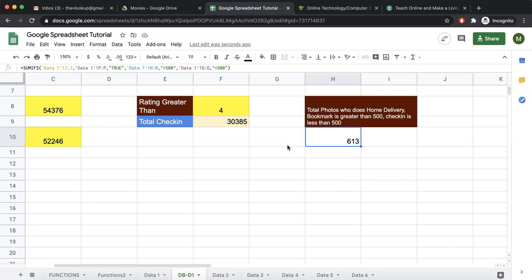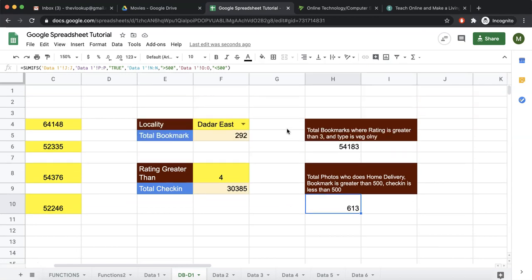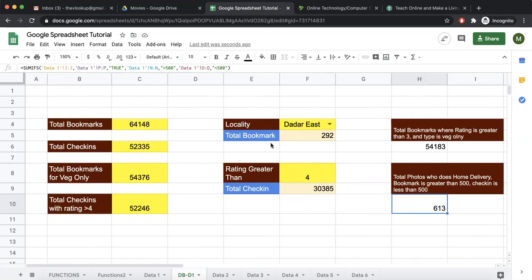Now you know if you have any number of criteria, you can write a SUMIFS case very easily. In the next video, we will spend some more time on SUMIFS and we'll do something like this, where we can define conditions, and then you can change the conditions, and in real time the SUMIFS will calculate different values.